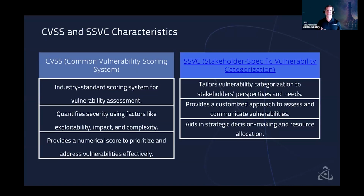To talk a little bit more about SSVC. SSVC uses a decision tree model to score vulnerabilities into 4 categories, and it takes into account 5 decision points, each with unique vectors. So this even gets a little bit more complex than CVSS. The 5 vectors are exploit existence, technical impact, exploit automation, mission prevalence, and public well-being impact. And the 4 possible decisions, again, remember SSVC is a decision-making framework, so the 4 decisions you can